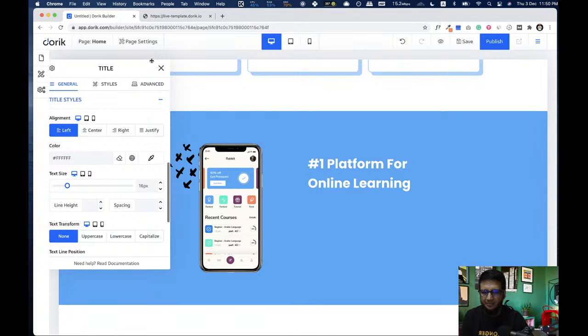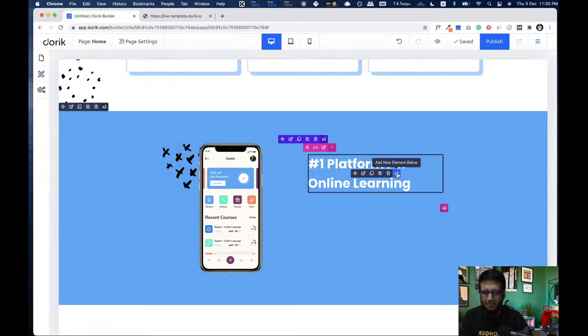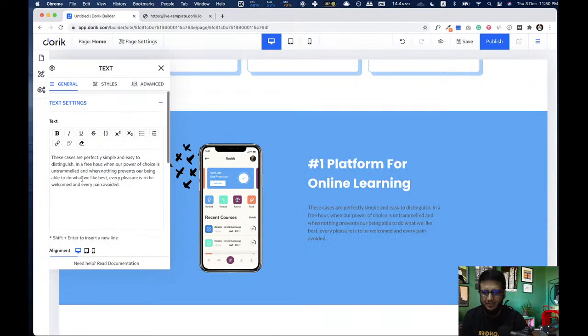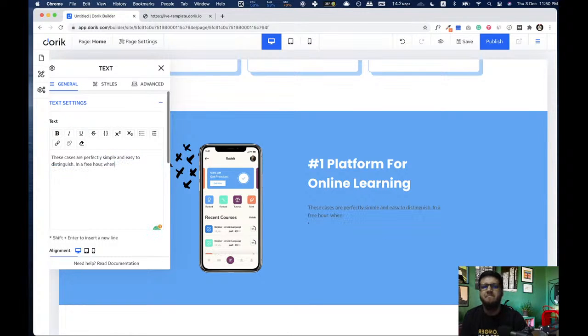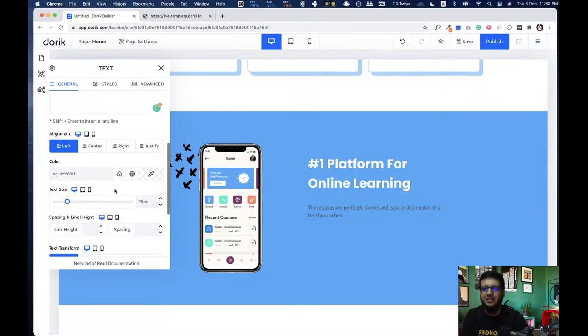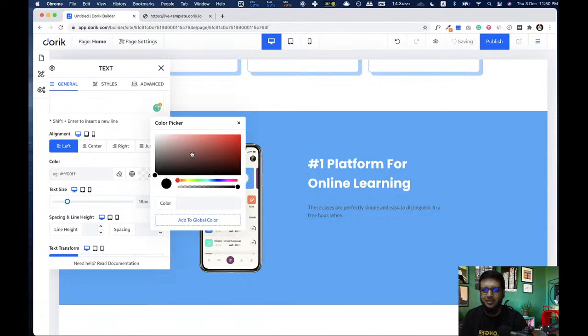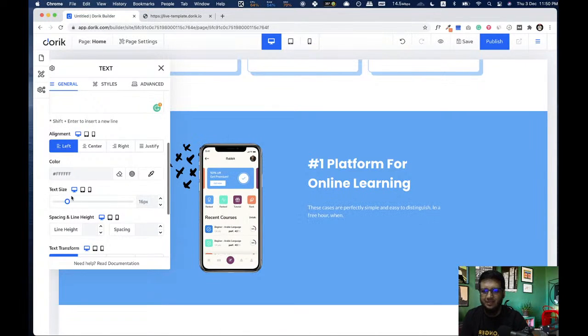Okay, and we are gonna add one more text here. We can just reduce the text, this is fine, and we are gonna change the color to white and increase the size a little bit.